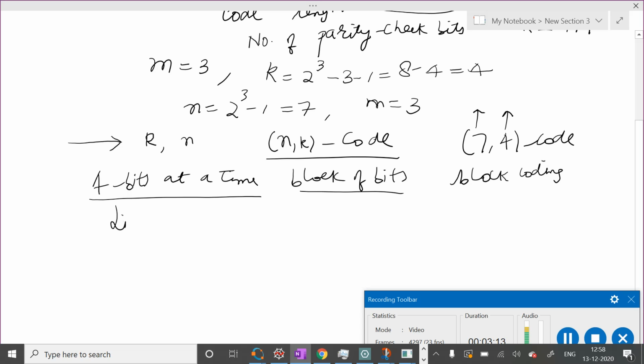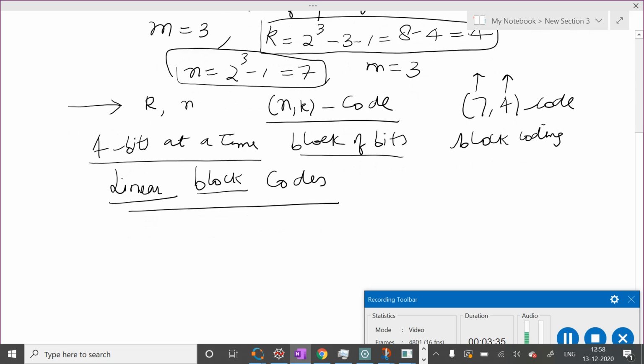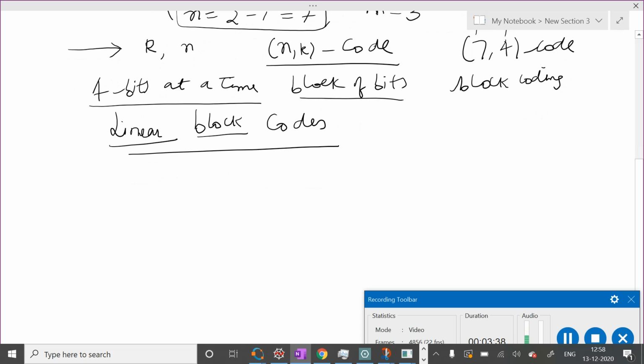So linear because we are taking linear combinations of messages. Block because we are taking a block of message bits, not just 1 bit. Hence they are called linear block codes. And if the number of message bits and number of code word bits satisfy this particular mathematical structure, they are called Hamming codes. And the generator matrix of this code